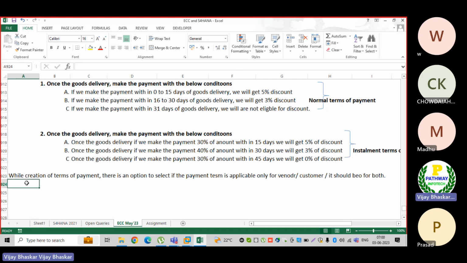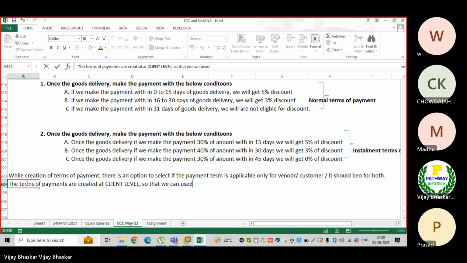Then the important thing here is that the terms of payment are created at client level, so that we can use them in n number of company codes.